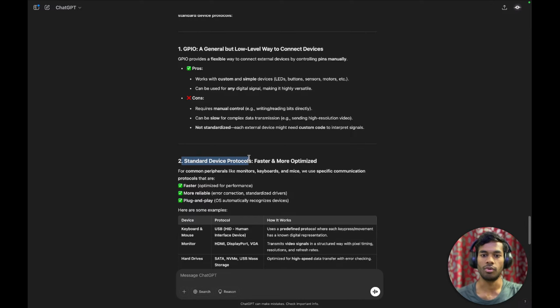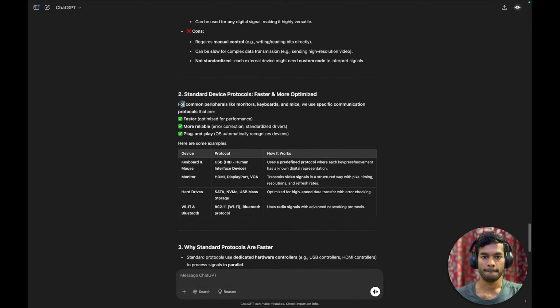Standard device protocols, faster and more optimized. For common peripherals like monitors, keyboards, and mice, we use specific communication protocols that are faster, more reliable, plug and play. Keyboard, mouse: USB HID, human interface device. How it works: it uses a predefined protocol where each key press or movement has a known digital representation. Monitor: HDMI, DisplayPort or VGA